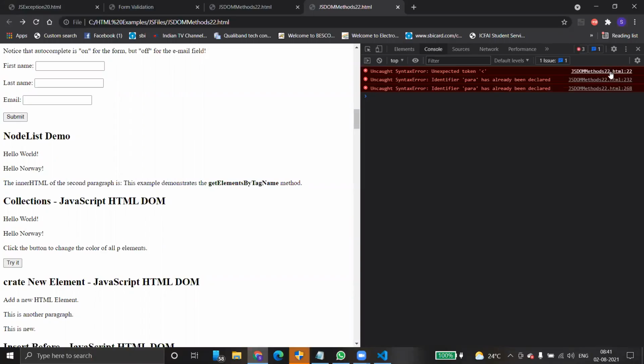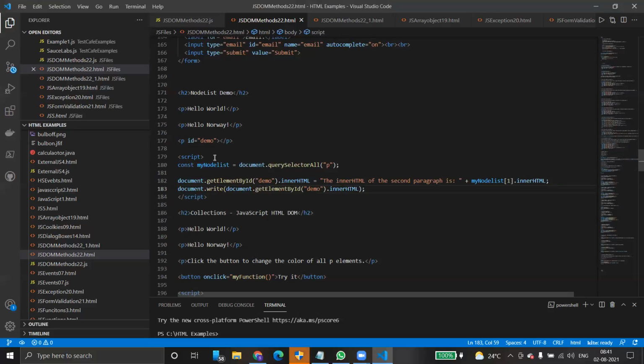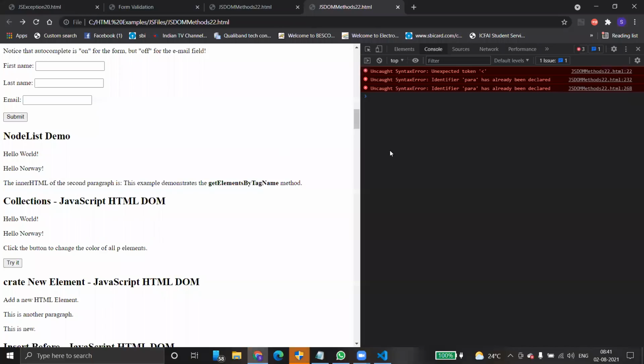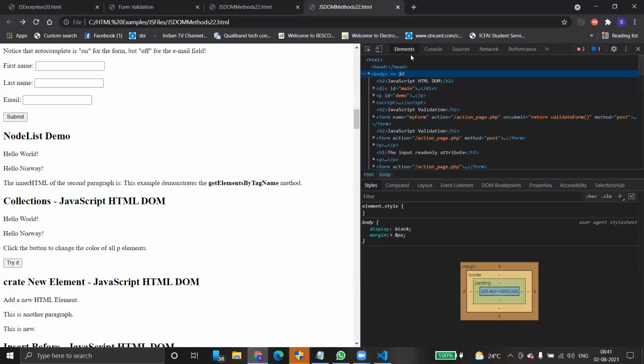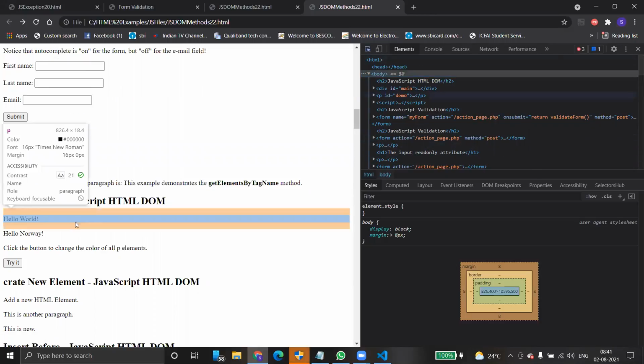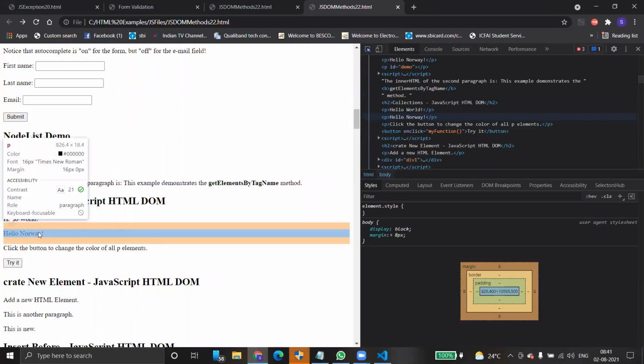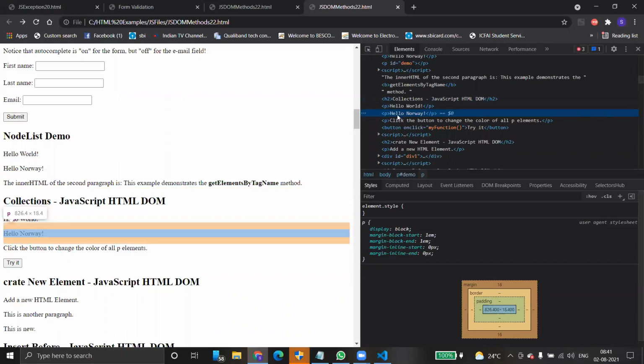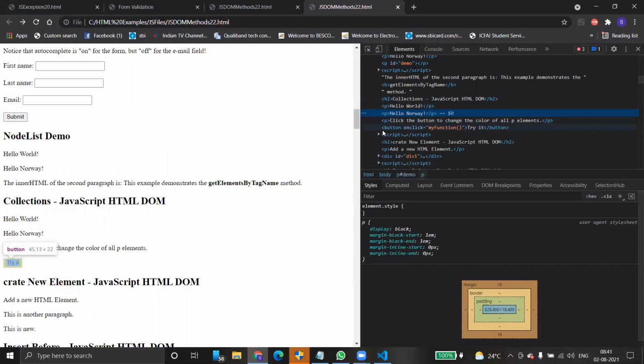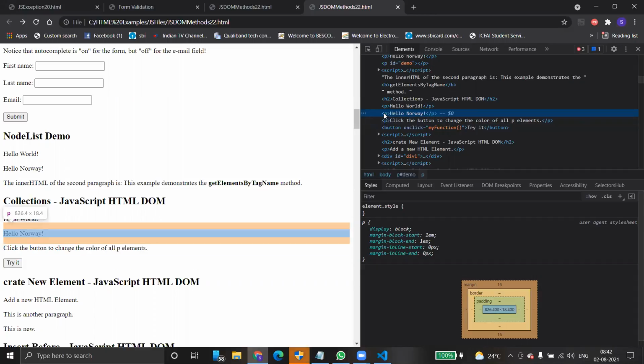There are few errors, actually, already been declared. Where is that error? Console, elements. Yeah, hello Norway. On click and so on.